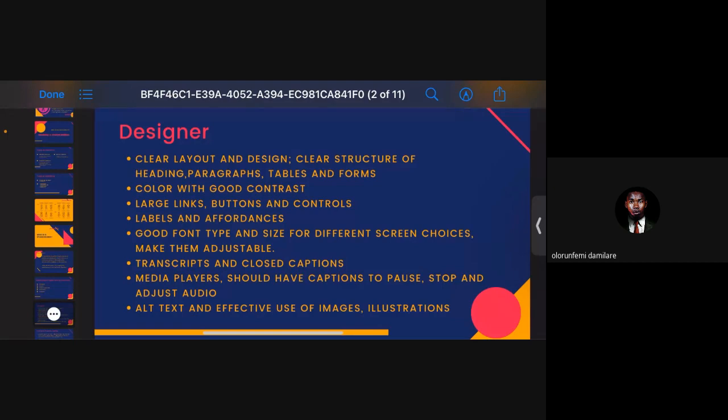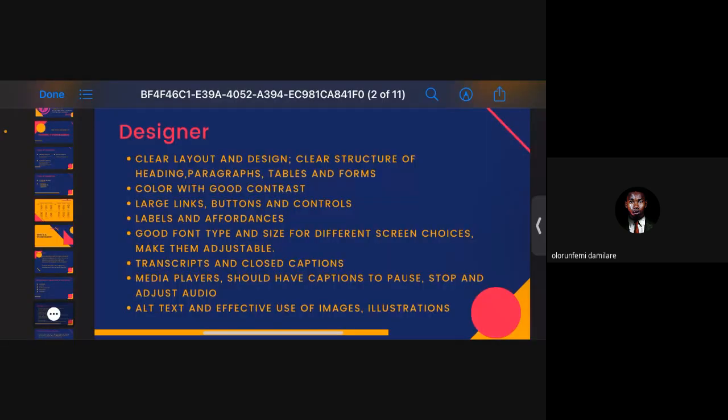And then the last one, which has become very rampant, and I don't think anybody has missed it, especially on Twitter lately: alt text and effective use of images and illustrations, right? If you're going to put an image on your website or your mobile product that you're designing, make sure it has an alt text, right?